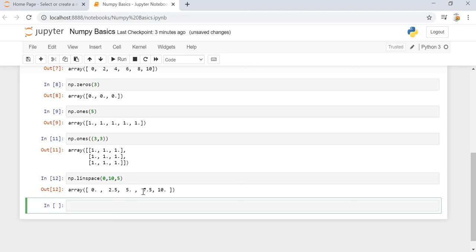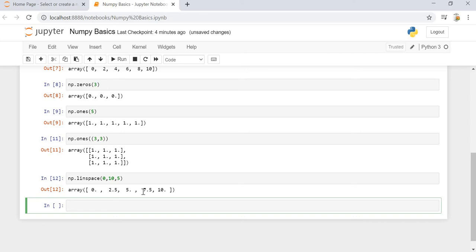Now let's discuss the identity array. What is an identity array? If you remember in mathematics, if we have all the diagonals as 1 and all other entries as 0, then we call this a diagonal matrix or an identity matrix. A matrix is nothing but an array over here.